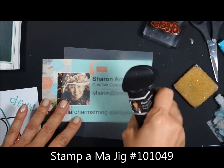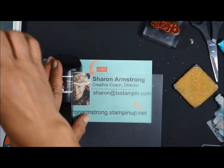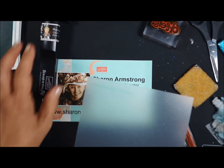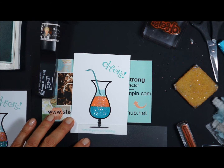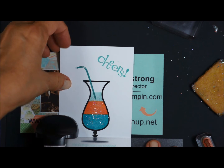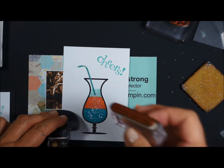How do you use the Stamp-A-Majig? Love this thing. All right, so I'm just going to line up my imaging sheet inside the L of my Majig, if you would. And then I'm going to take this and stamp this right in the corner. And I know this is really hard to see on the video because it's pretty light ink, but I'm going to line this. Let me put it on the black, maybe you can see it better. And get it exactly where I want it. It says, cheers, here's to you on your birthday. So let's zoom in just a tad, see if you can see it. All right, I'm going to take and put my Majig part of the Stamp-A-Majig right where I want it. And then I'm going to remove my imaging sheet, pick up my stamp,